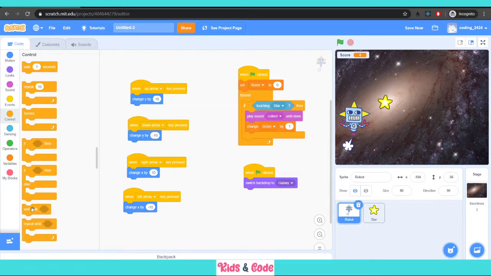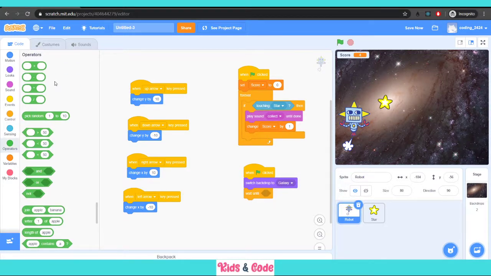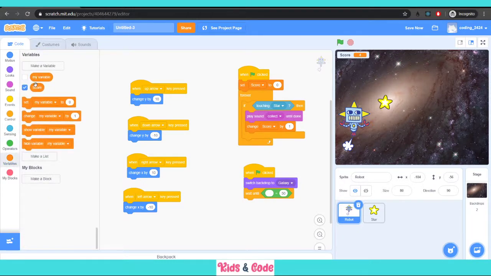So in this wait condition, what we will add actually is wait until. So we add a wait until, and now we can go into operators. In operators, we have all kinds of operations for plus, minus, equal, divide, and we click on this equal to option which says blank equal to 50, and place it here. And in this position here, I can select a variable of my own. So I add a score variable. So we here say that we will wait until the score is 50.